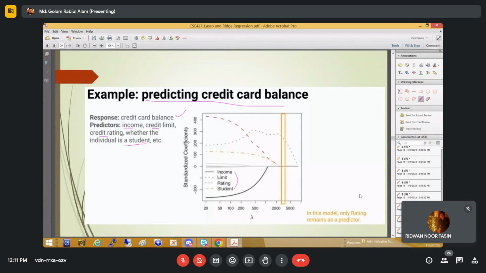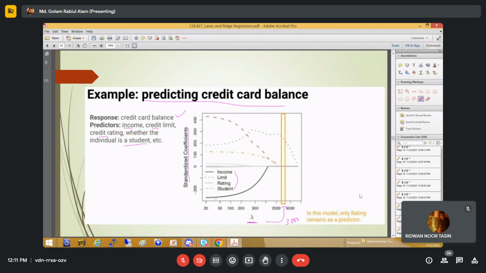This shows the standardized coefficients and the different values of lambda. And we can see that if we set the lambda value to maybe 3000 or something,